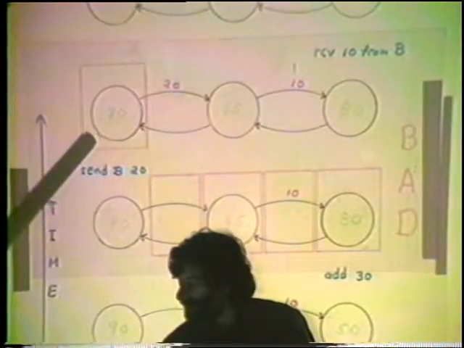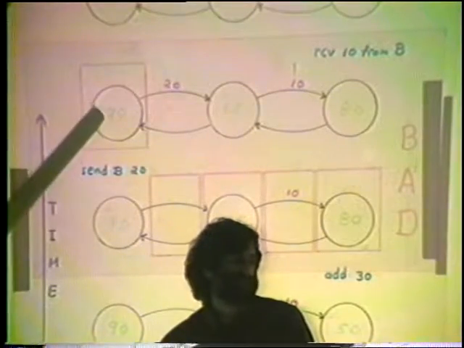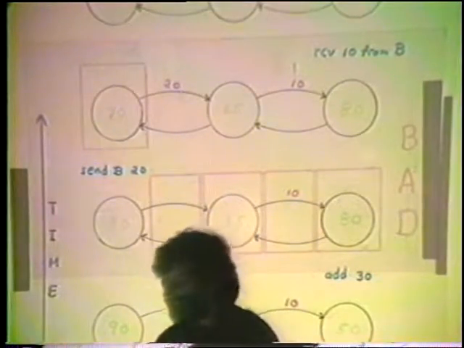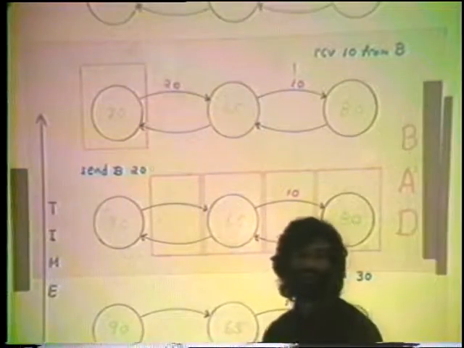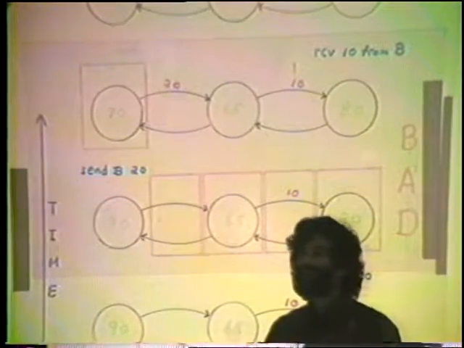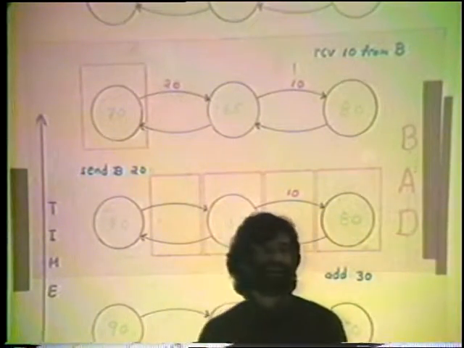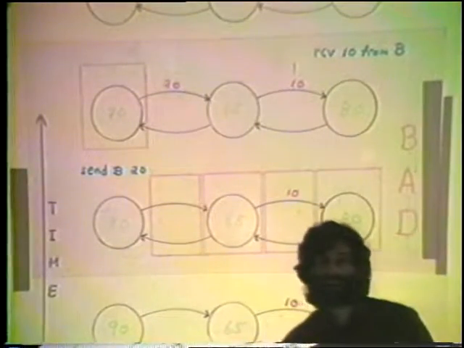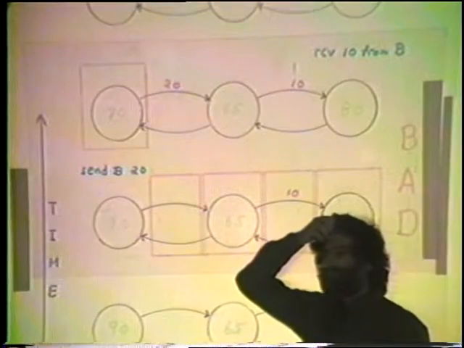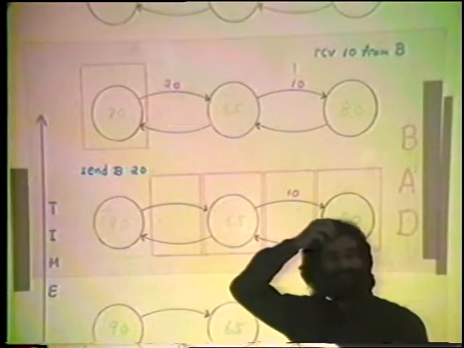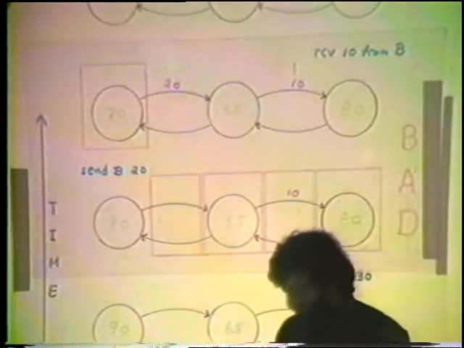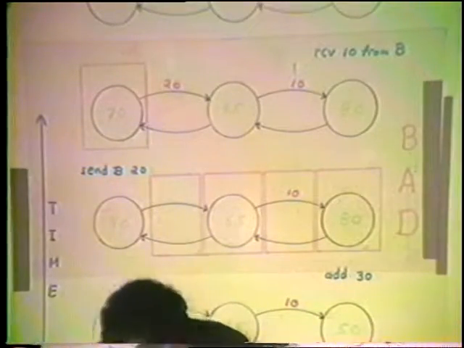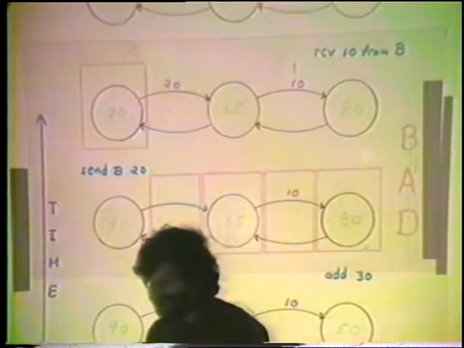But we've caught process B after he sent the $20. And so if you collect up these photographs and send them to the bank president, he's going to think that there's $20 missing, that there's $20 that are really in the bank at that time that didn't show up in this photograph. Okay, is everybody happy that this is a bad snapshot? It's an out of focus picture of the bank.